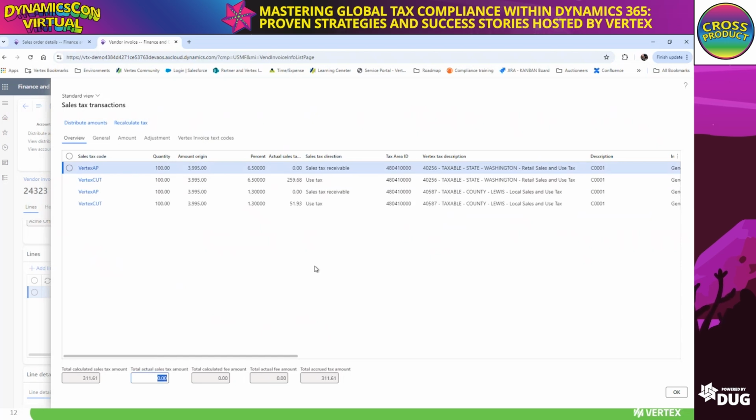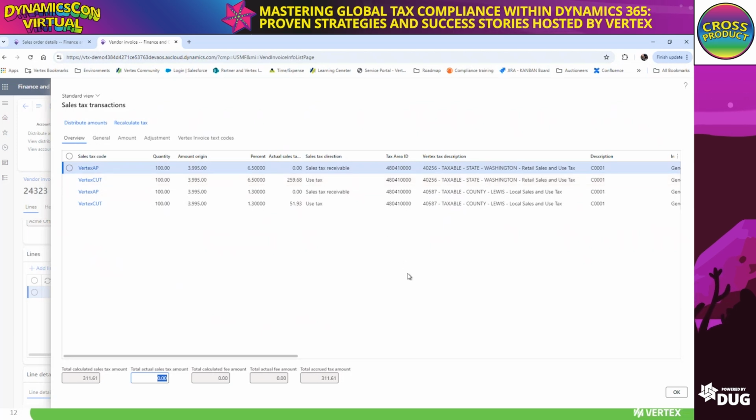And when I do that, Vertex is going to realize, okay, you're paying the vendor zero. That's fine. It'll leave that amount zero, but it's going to self-assess consumer's use tax for the difference. In this case, the full $311 is going to be booked into a slightly different tax code. So when I post this vendor invoice, the vendor paid sales tax is going to be zero, but it's going to self-assess consumer's use tax to a consumer's use tax GL account, making sure that I'm always compliant as a company. And it's going to do that automatically.